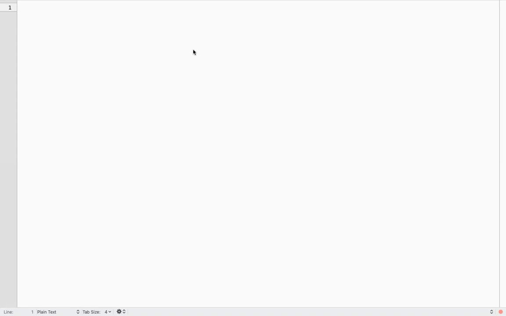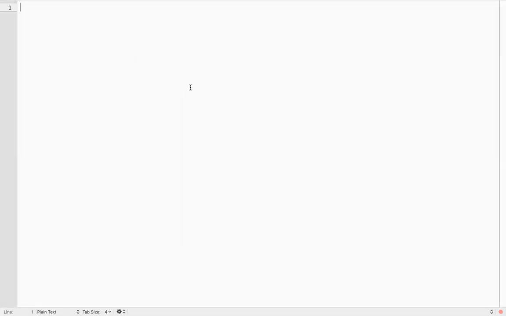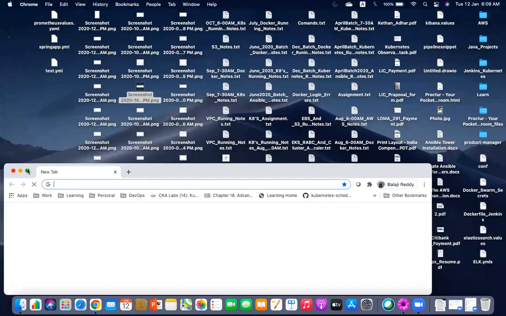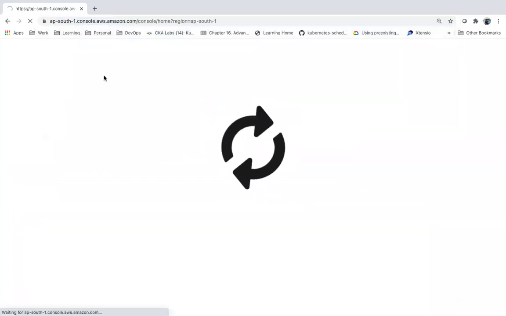So we have to use controllers which will manage the pod life cycle. We created a replication controller, and that replication controller is managing the pod life cycle. So let's see how we can scale up and scale down the replication controller.